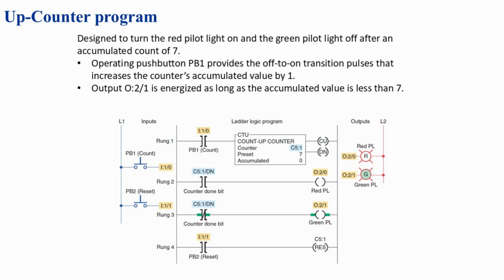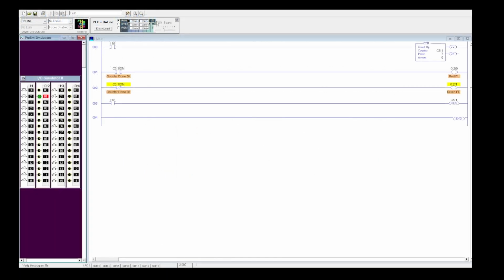This simple example demonstrates the essential behavior of all up counters. They respond to external pulses, track each event, and take action once a preset number is reached. Let's watch a Logix Pro simulation of the up counter in action. We start by pressing push button PB1 at input